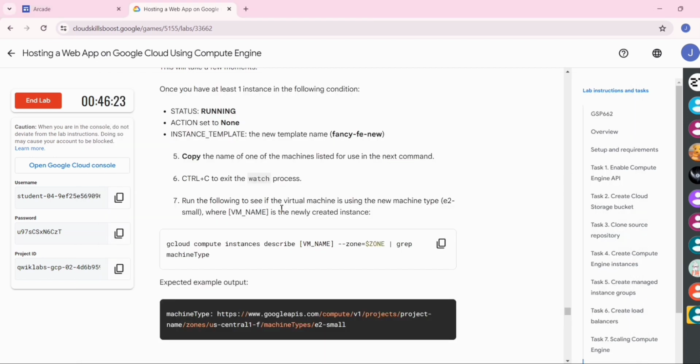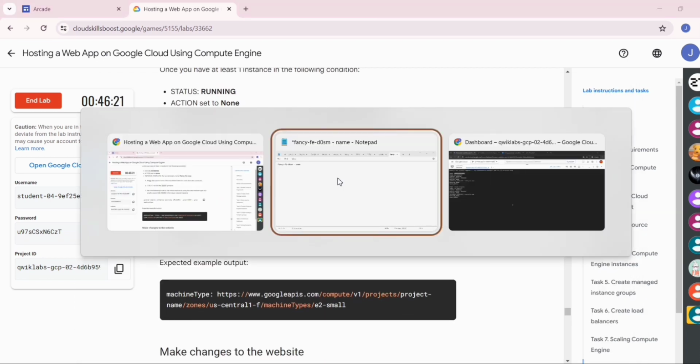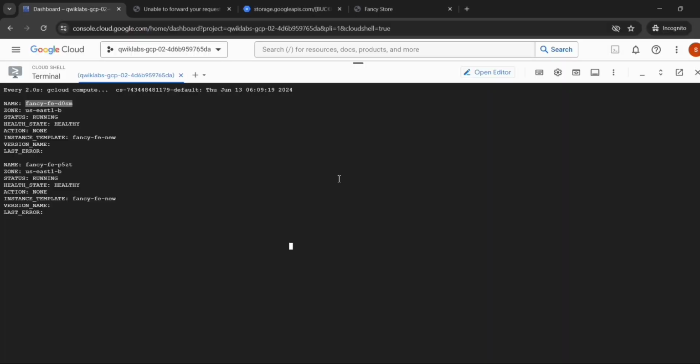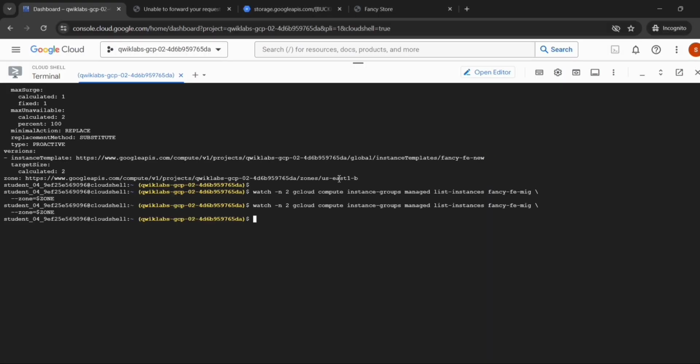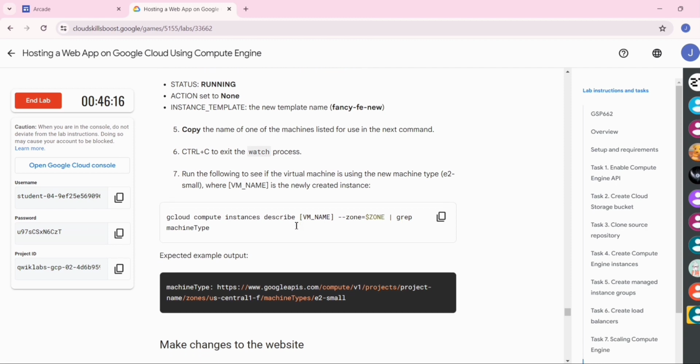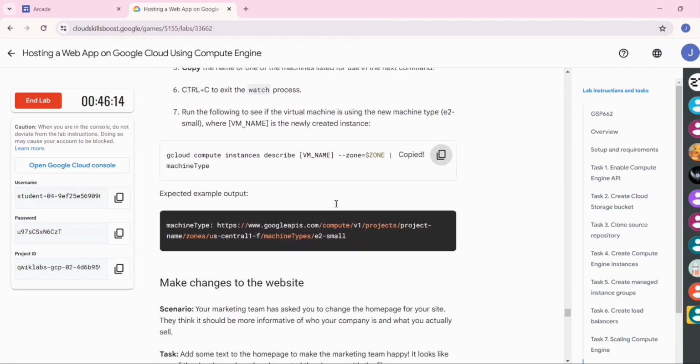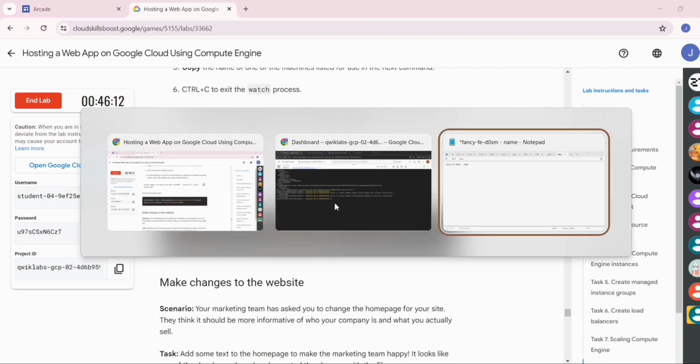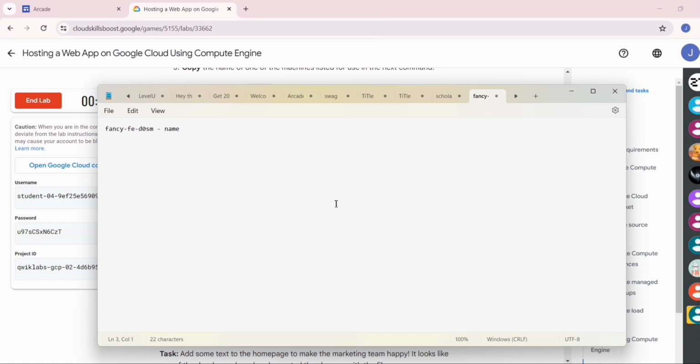Now go back to the lab instruction, go to the Cloud Shell, press Control plus C to end this command. Now copy this command from here, go to the notepad, paste it. Now copy the VM name and replace it in the command.